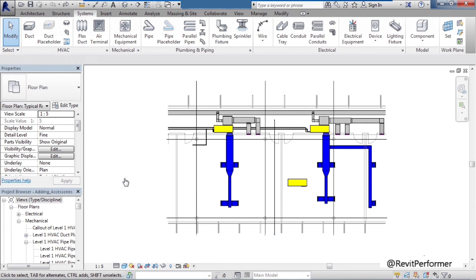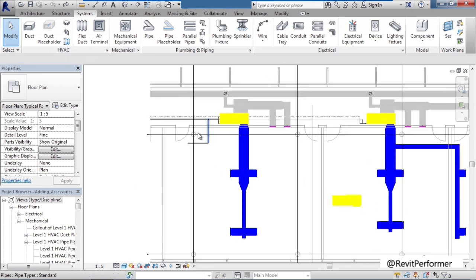In this lesson, we'll cover adding pipe accessories. So you may ask, well, what is a pipe accessory? Well, a pipe accessory could be a valve, could be a temperature gauge, and a pressure gauge. But we also have pipe fittings. Those could be an outlet or end cap. So let's look at both of those examples here within our Revit project.